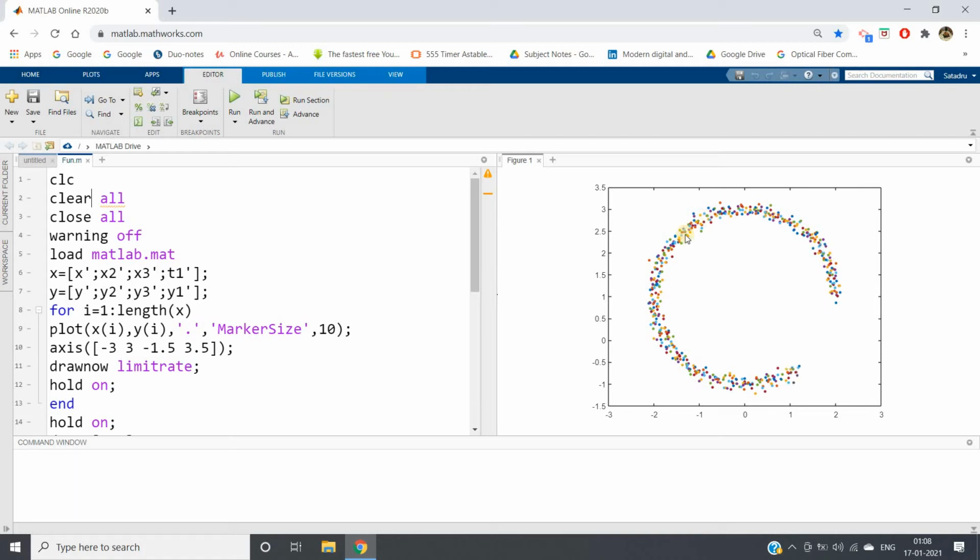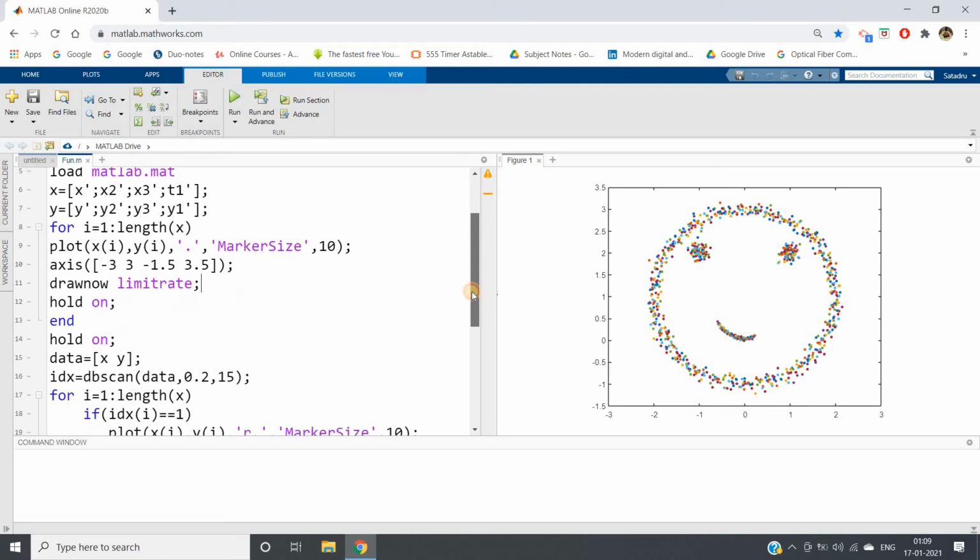It is trying to take a kind of circular shape. I hope by this time you have understood how the shape is going to be. This is nothing but a smiling face.